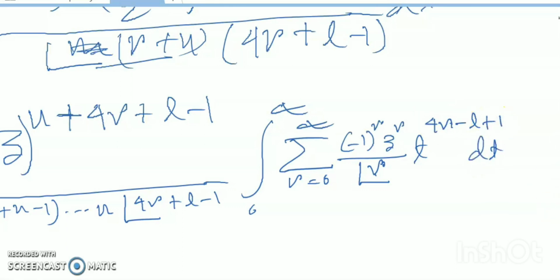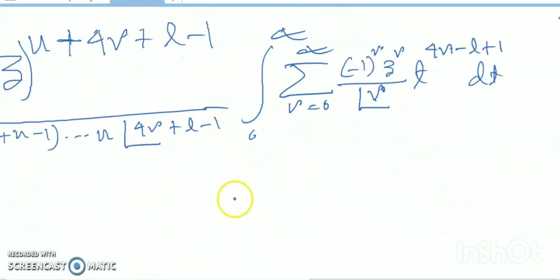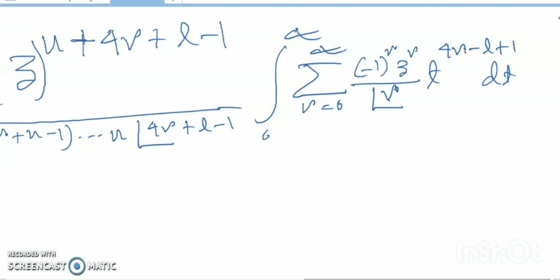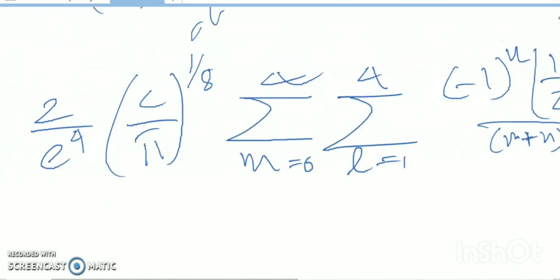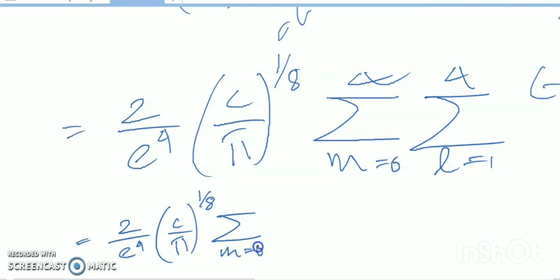Okay, so it can be written as t to the power 4n minus l plus 1. So this way we can now write that 2 into e to the power 4 c by pi whole by 8, summation m equals 0 to infinity, summation l equals 1 to